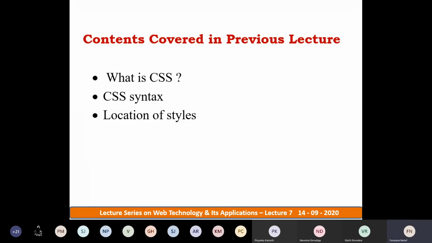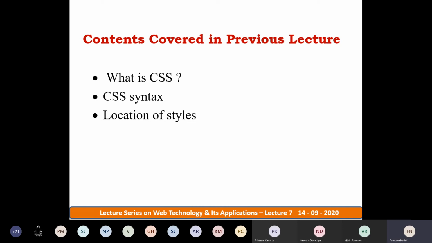The document style sheet is for the whole document, so you can provide a set of styles to make your web pages very attractive. The third location is the external one, which has the highest priority. Whenever you use an external style sheet in your web document, the other two are overridden by its styles.